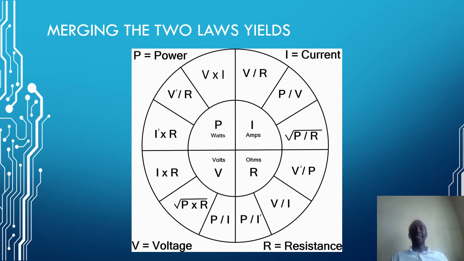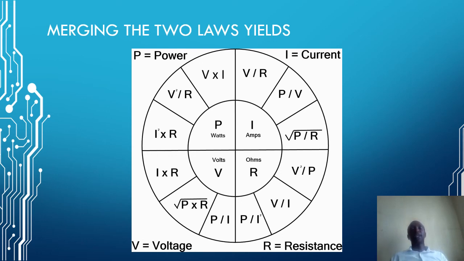Resistance in ohms is equivalent to voltage squared divided by power. Resistance is also equivalent to voltage divided by current, and also to power divided by current squared. On the other side, voltage is equivalent to current multiplied by resistance, or